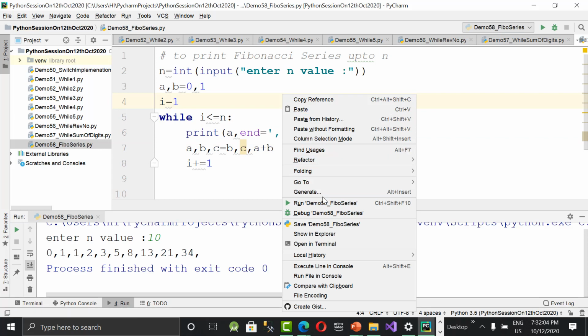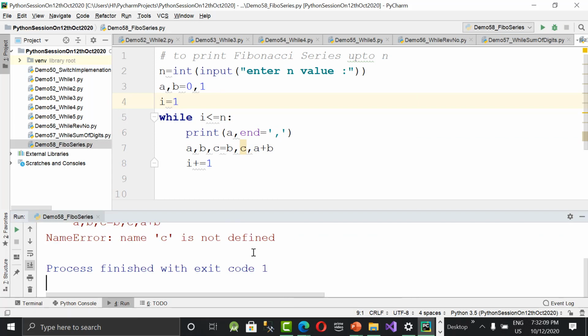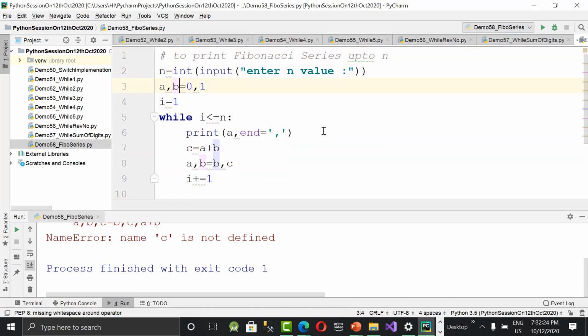You can make it short. i is equal to 1. This is okay. Yeah, 10 now. You can see the numbers. If you want to print vertically, just remove this end is equal to comma, so that it will print one by one. So let me show you that as well. Remove it and run it.